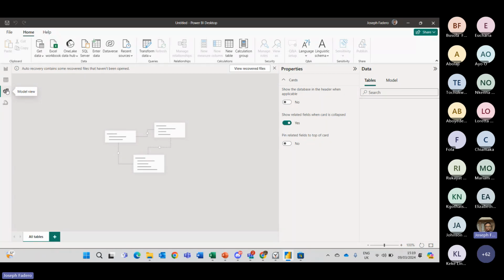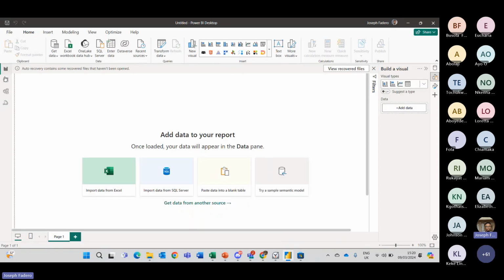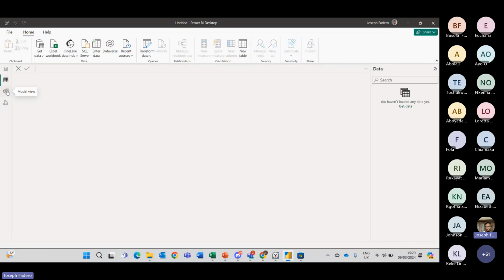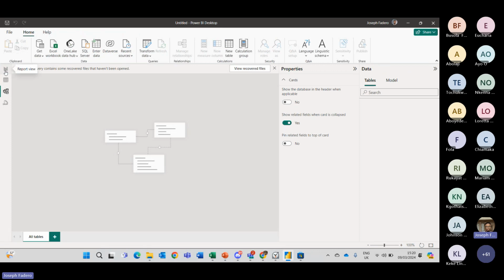There's data modeling in Power BI. It still follows the same concept as in Excel, but there are things you need to know at a broader level in Power BI, so that will be covered in a subsequent session. And you have your report view, your table view, and your model view. So these are your three default views in Power BI.